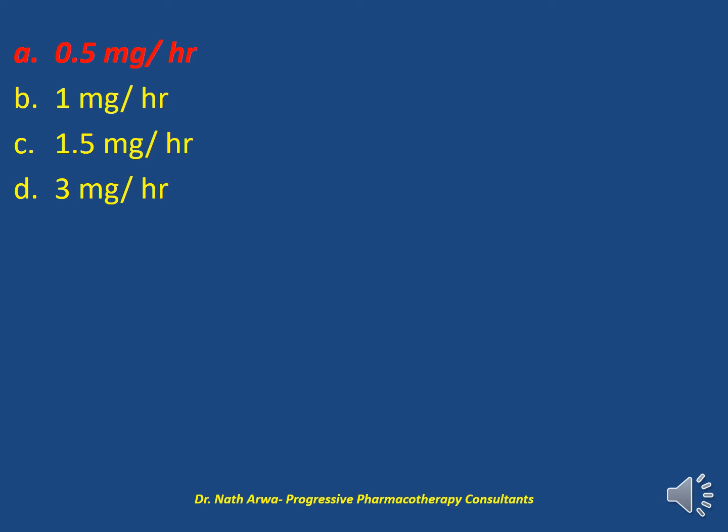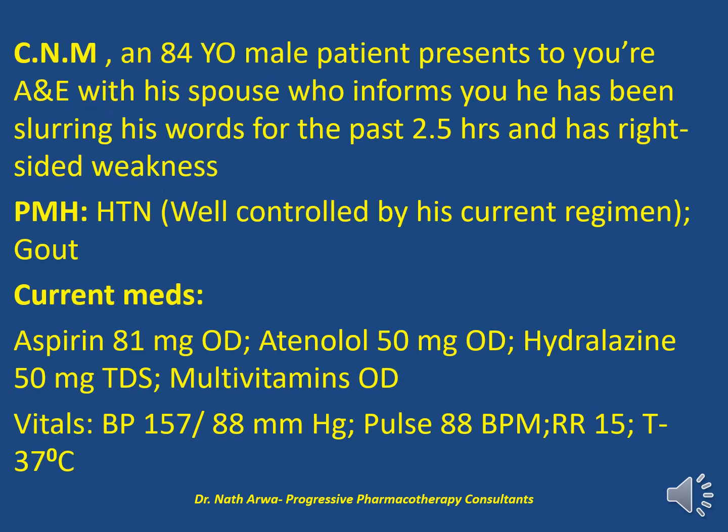Answer B to me is incorrect because of the way we have done the math. Answer C and D are incorrect as well. So let's move to the next question, which reads,